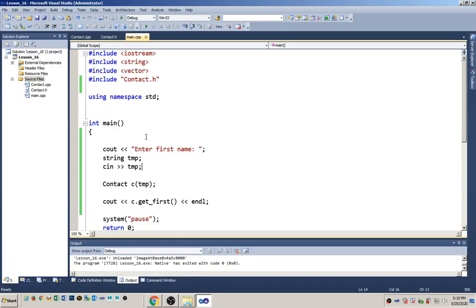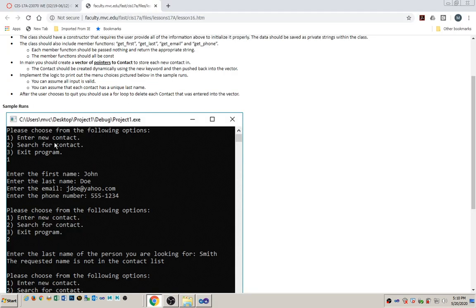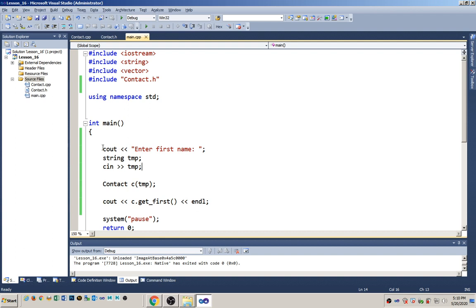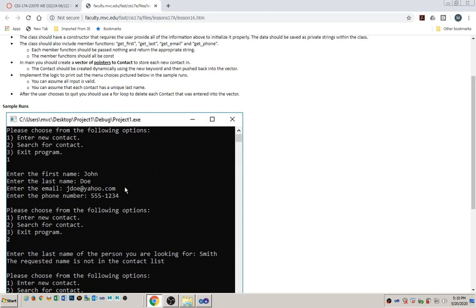It'd be do, and print out the menu, ask for the menu choice, and then if the choice is equal to 1, then you are doing the first thing, which is to enter a new contact, in which case you would do the code you just saw here. Get the first name, the last name, and so on and so forth, and then create an instance of that using those values. However, there is one other big thing that I want you to do differently in this,